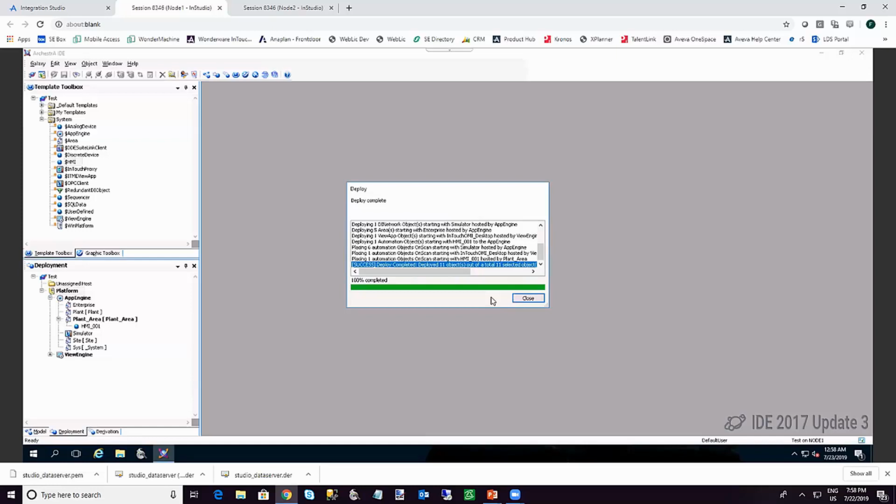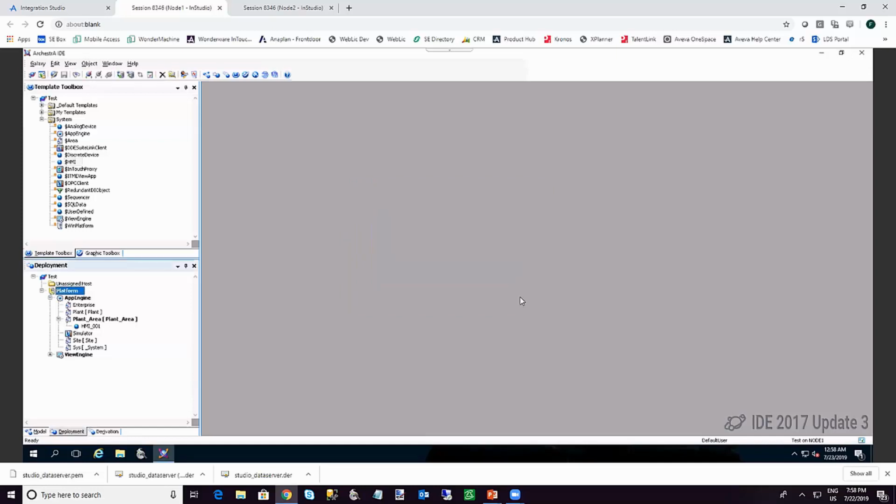Okay, the object has been deployed, so it's running, and it was supposed to connect with the runtime nodes and